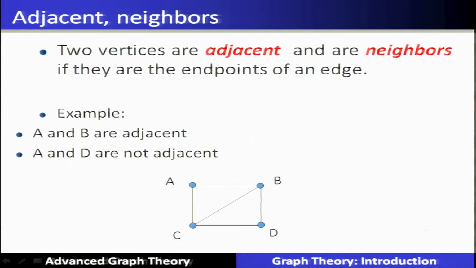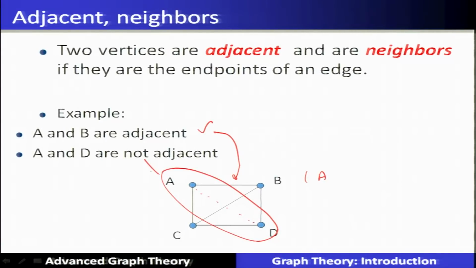Now, furthermore, we are going to discuss what it means if edges are present in the graph. Two vertices, if they have an edge, are adjacent, and they are also called neighbors if they have endpoints connected by an edge. So, in this example A and B are called adjacent. Why? Because there is an edge present over here. Now, A and D, there is no edge, hence